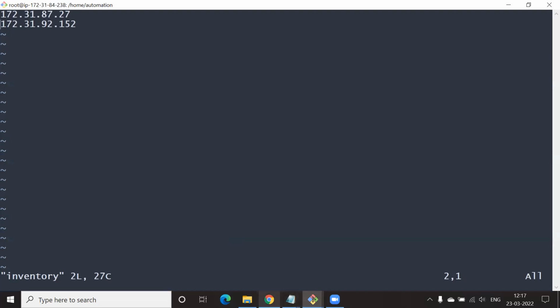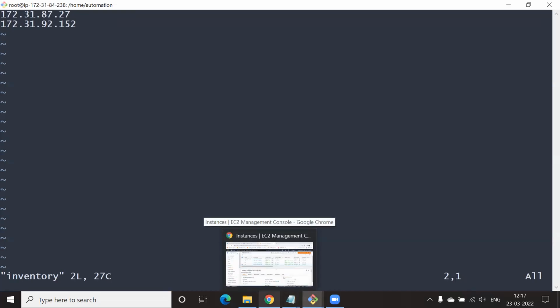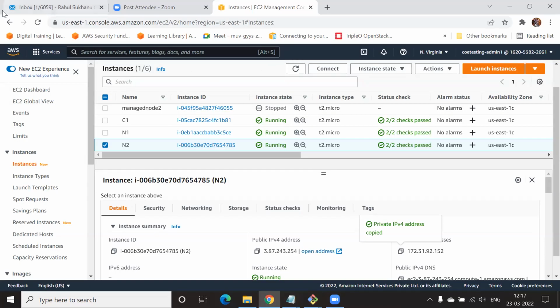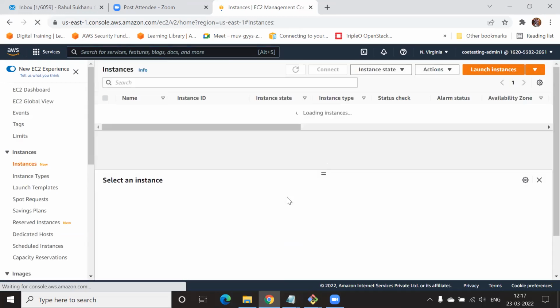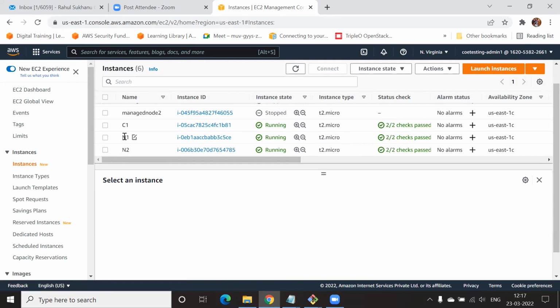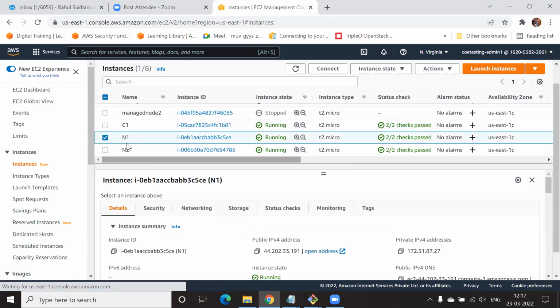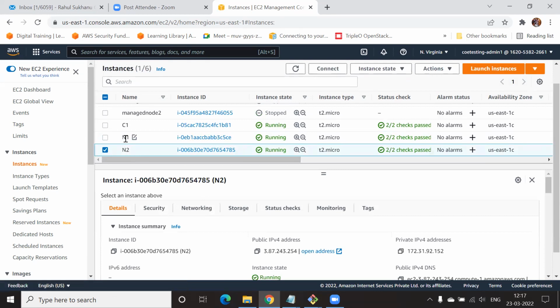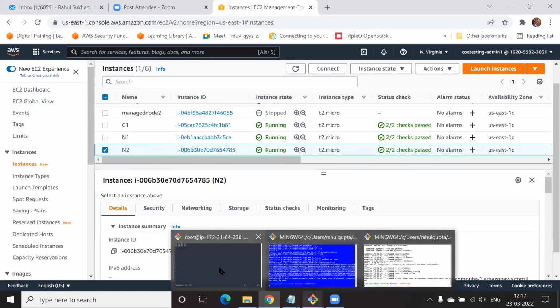Refresh it. Where? The console? Yeah, just refresh the console once, just verify it's running. 27 is running, 52 is also running. Okay, then why is it saying it's not allowing the SSH?